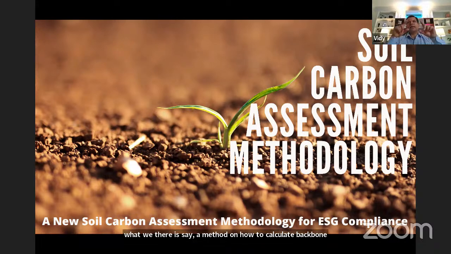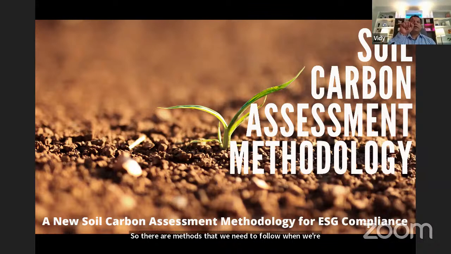Okay, so if the farm is, say, 10 meter by 10 meter, just imagine. So where should I go and take the samples from this farm? There has to be some mechanism, right? I can't just randomly take samples from anywhere. So there are methods that we need to follow when we are doing sampling of the soil. So it says first sample should be here, the next sample should be here, the third would be based up here, and all these locations actually are derived based upon a number of factors.